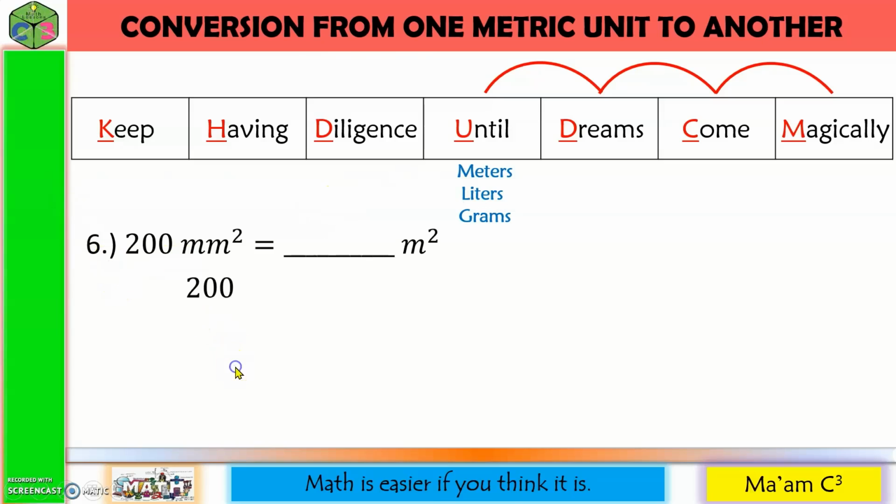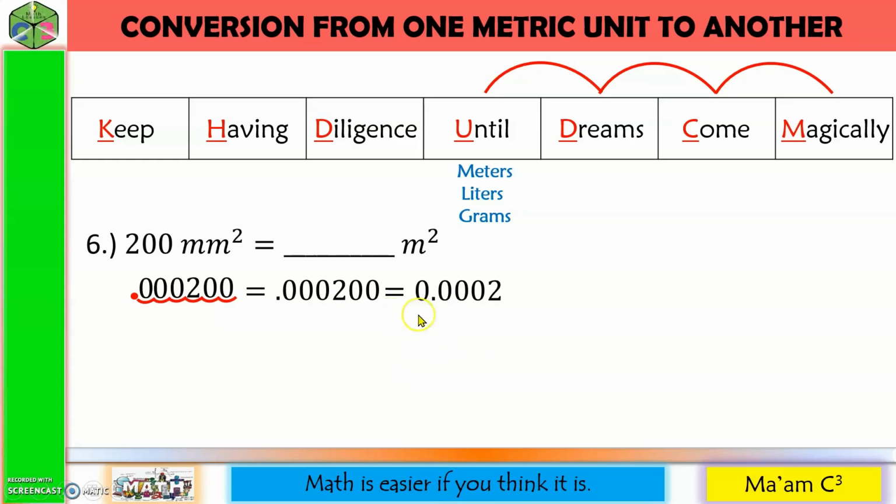Let us copy 200. We know that the decimal point is in here. Let us move it 6 units going to the left. 1, 2, 3, 4, 5, 6. Let us fill up these spaces with zeros. So this is equal to 0.000200. You know that these are insignificant zeros, so we may cancel them. And we write 0 in front of the decimal point. So this is equal to